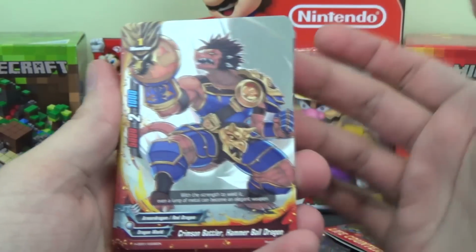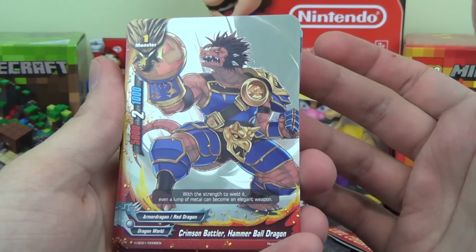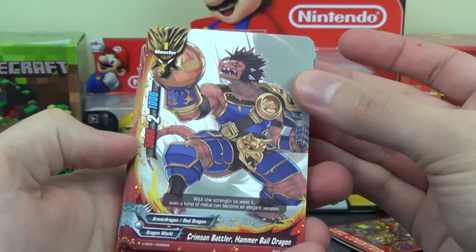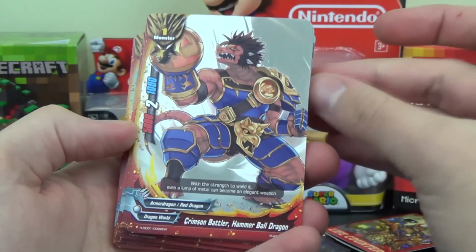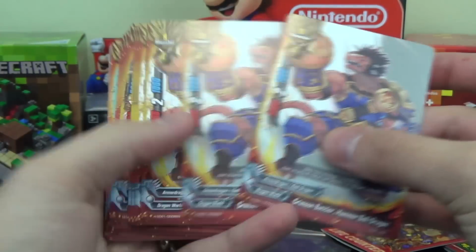Crimson Battler Hammer Ball Dragon. For whatever reason, it reminds me a little bit of Bebop from Teenage Mutant Ninja Turtles. Even though it's a dinosaur or a dragon or whatever, just the colors made me think of Bebop. But I digress. No abilities, size 1, 5,000 power, 1,000 defense, 2 critical,